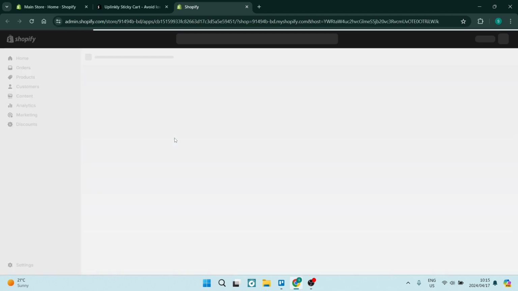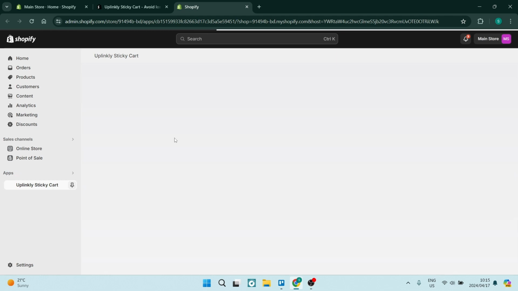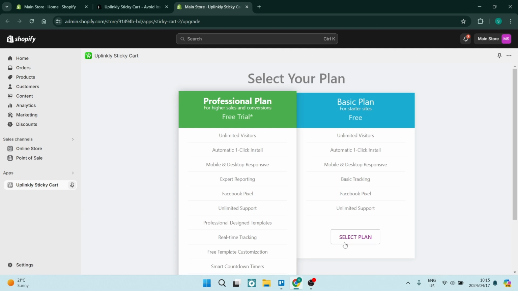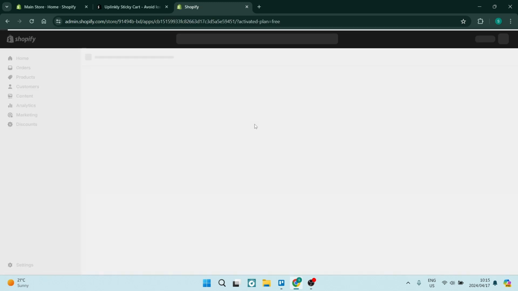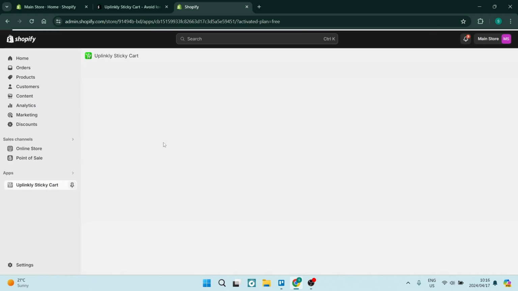our Shopify store. Now, right after you've clicked install, you'll see that it'll land you up on the settings page of the Upsticky Sticky Cart app that you've just integrated. The first thing you can do here is select a plan. We're going to go with the basic plan over here on the right hand side, and then you're going to